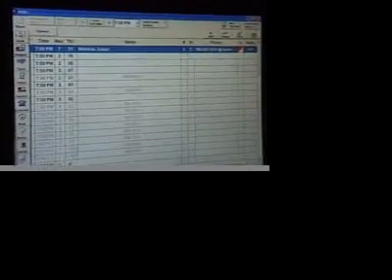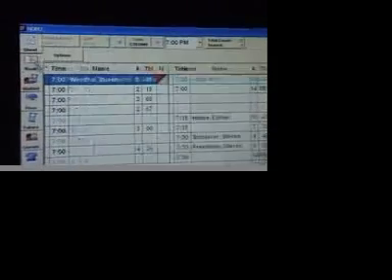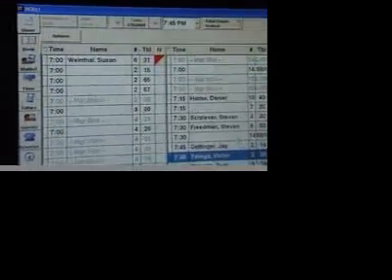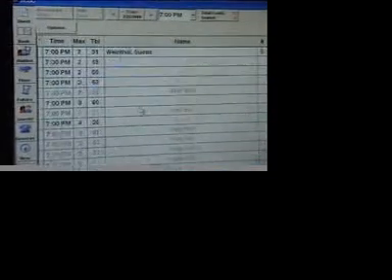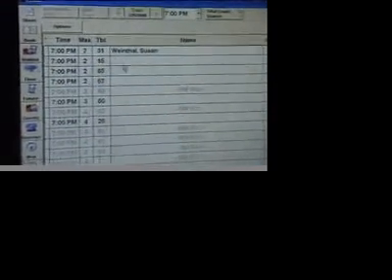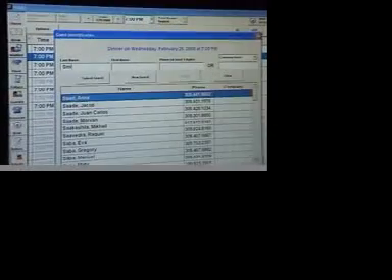Pretty self-explanatory. Just by simply clicking on the sheet, which we will go on, there's two different ways to look at it. There's the sheet view, and then there's the book view. I feel that the sheet view is much easier to make a reservation. If you want to make a reservation, you just simply click on the slot, type in the last name